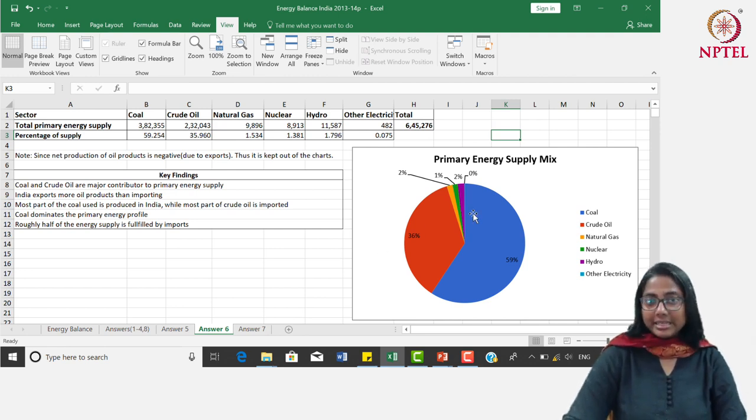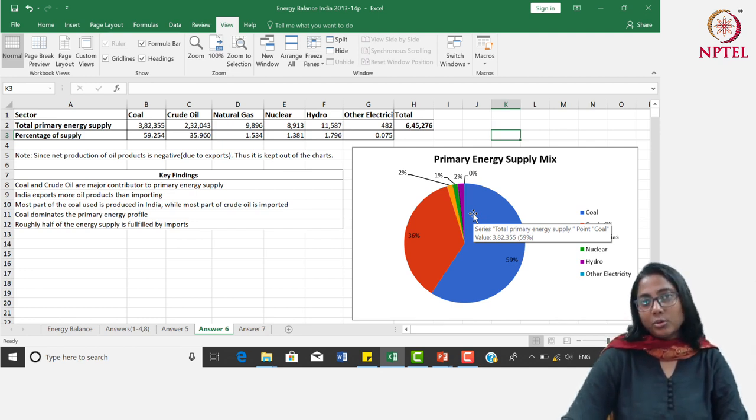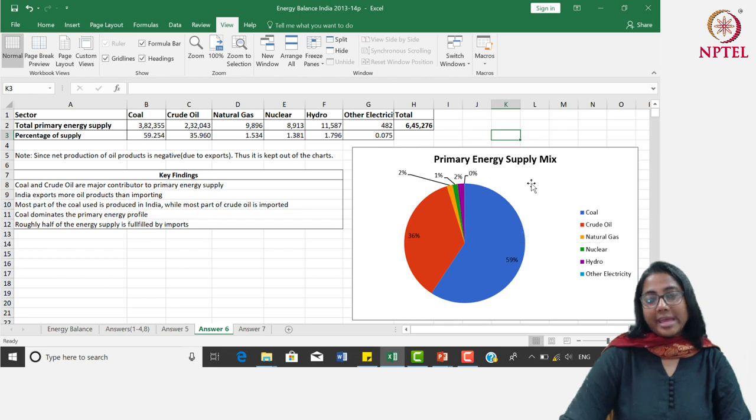You can clearly see that in the primary energy sources, there is a huge dominance of coal. And this is one of the criticisms that India often faces, that it's highly coal dependent and coal causes a lot of emission of carbon dioxide. However, from the part of India, the argument goes like this: because we have indigenous coal, that enhances our energy security. Energy security is another topic that we will be discussing in some future module. So this is one of the areas of debate.